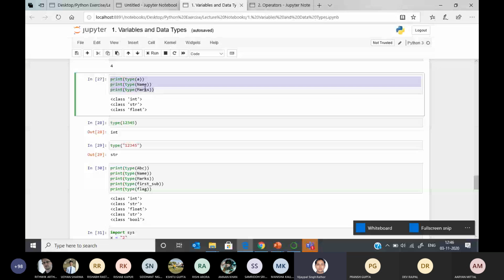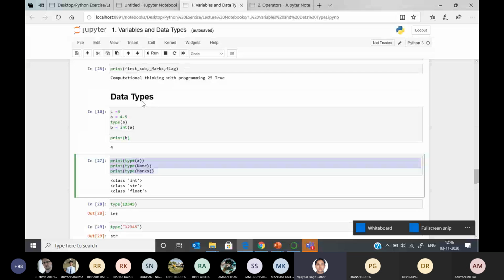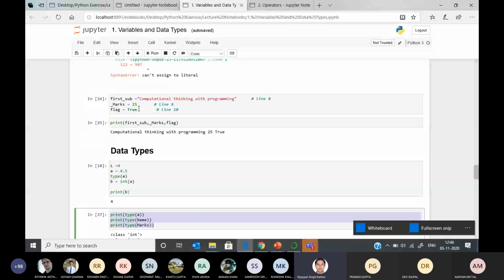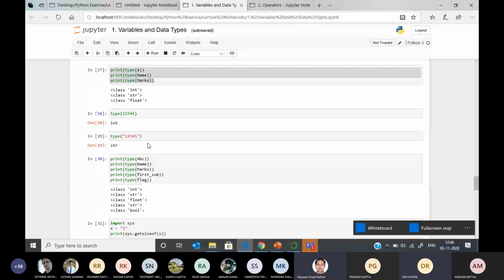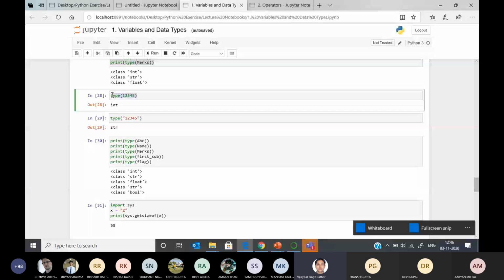ये देखो डिफरेंट टाइप्स की वैल्यू है, a, name, marks. तो a इज इंटीजर टाइप वैल्यू ले रहे हैं, name को ये स्ट्रिंग कंसीडर कर रहा है, marks को फ्लोट कंसीडर कर रहा है। a, name, marks, I have already declared above, है ना, you can see a, name, marks that are already given above, है ना।